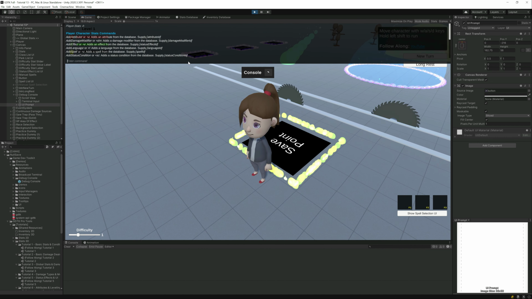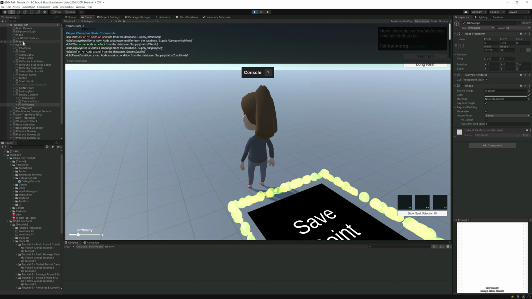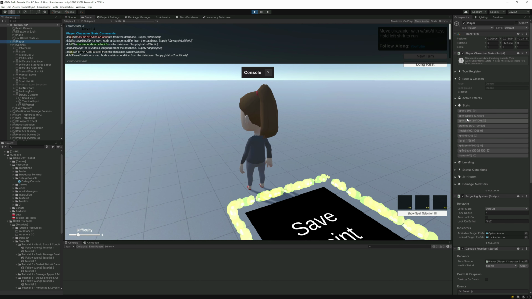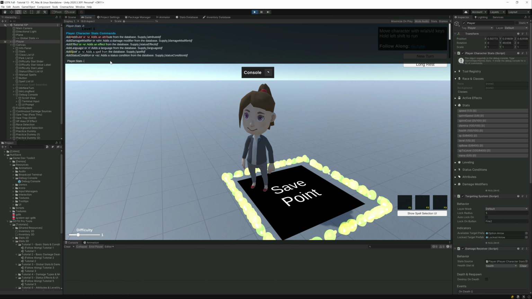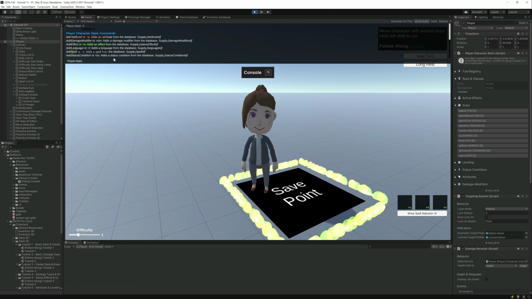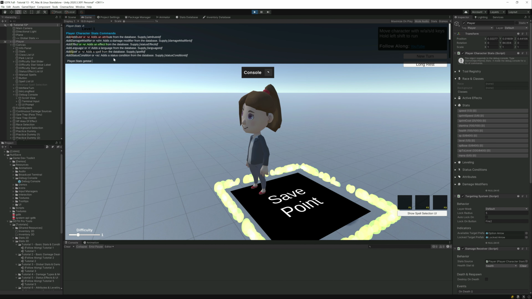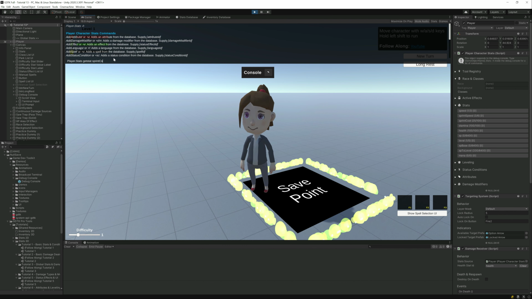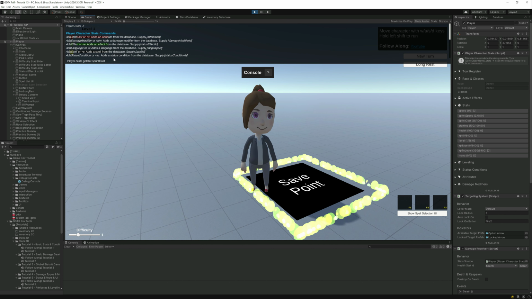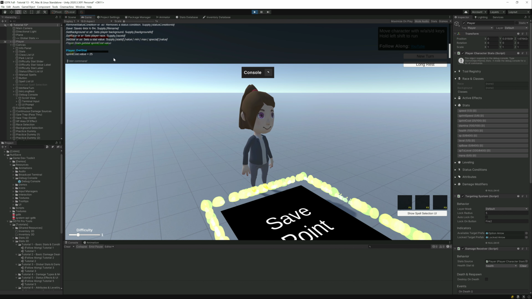So let's go ahead and look at, let's get some data. So we'll select our player and let's do player.stats get stat, and then we'll say sprint cost, if I can type, and then we'll do value.